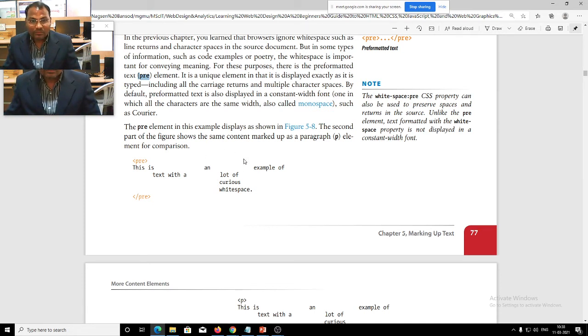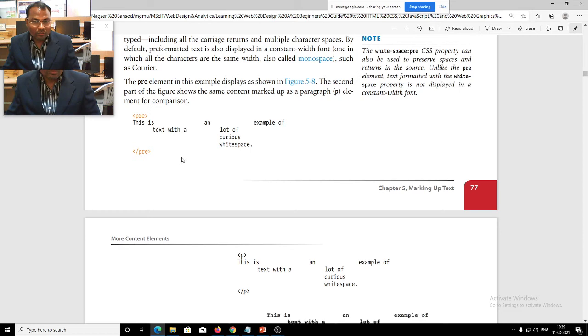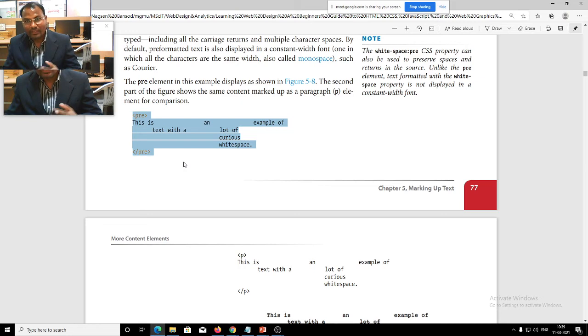That is the same content marked up as a paragraph element. And for comparison, you see we have used the pre tag here, and there the space is given. Now if we use this pre tag, then our content will be displayed.